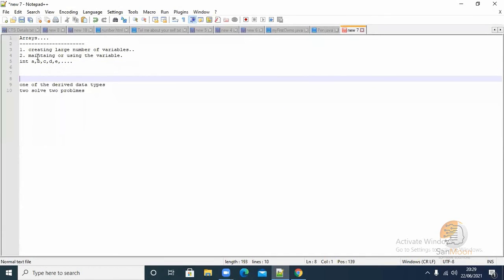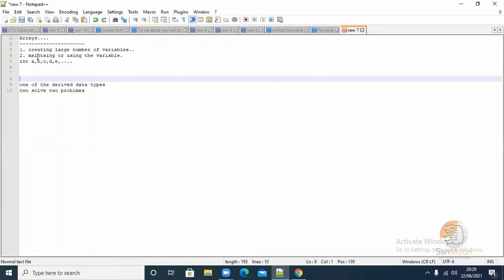If I want to use the 9th variable of the declaration, what do I have to do? I should remember the variable name and use exactly that. If I get confused and use a different variable, then the program will become a problem. The program will behave differently, correct? That is called maintainability or usage.